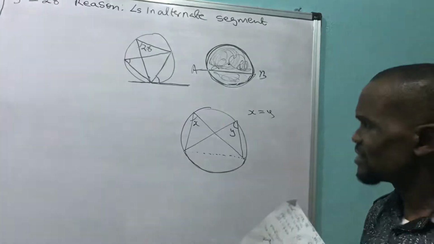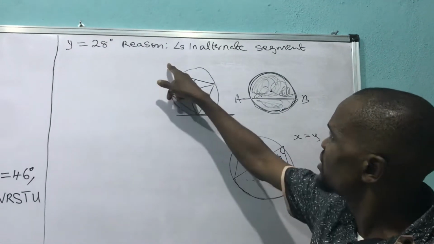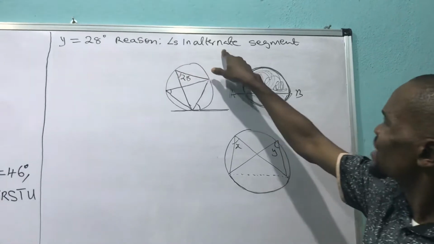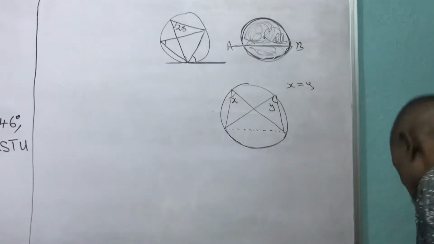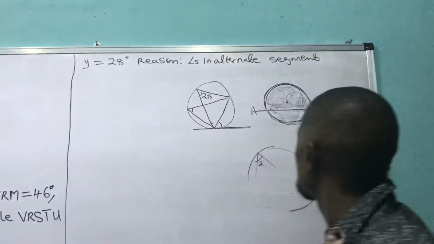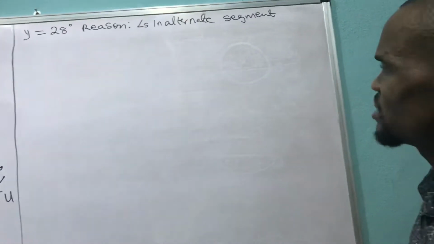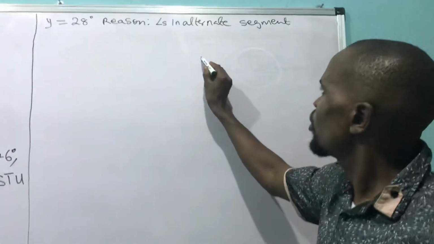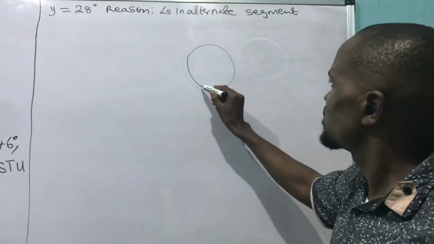So I've explained that. When I said y is equal to 28, the reason is angle in alternate segments. I've explained to you what I mean by alternate segments. Let's clean this. Alternate segment. Also, if I draw a circle like this, let me also explain to you,